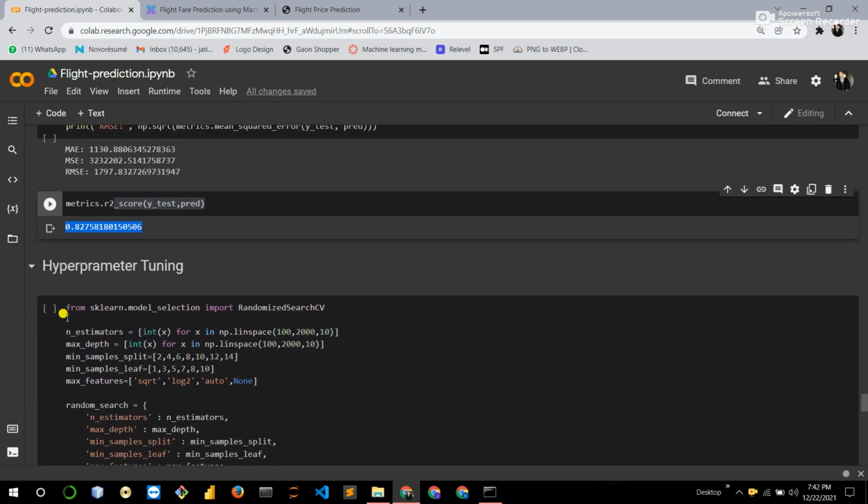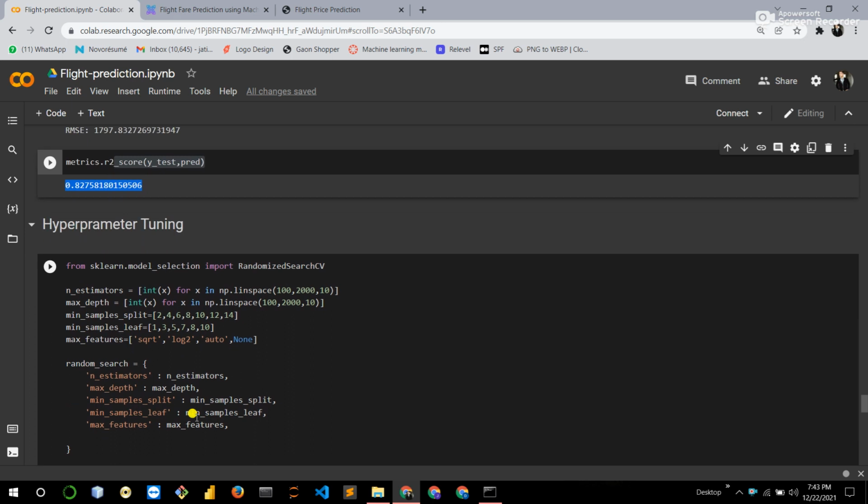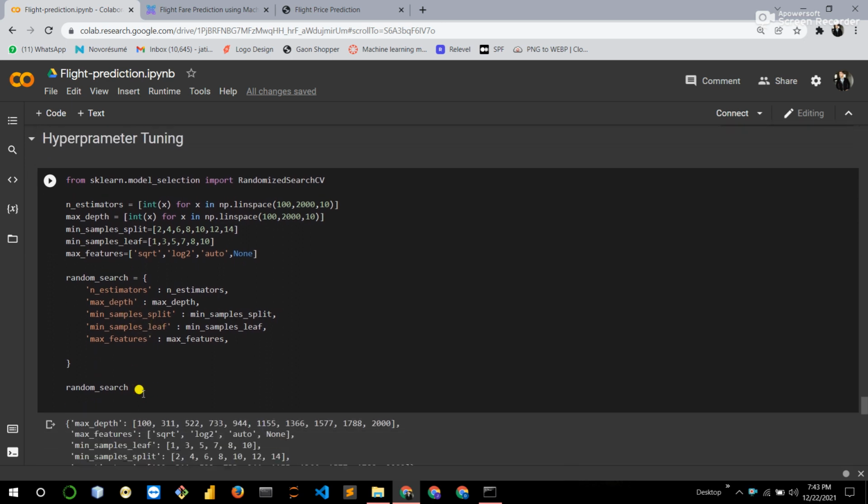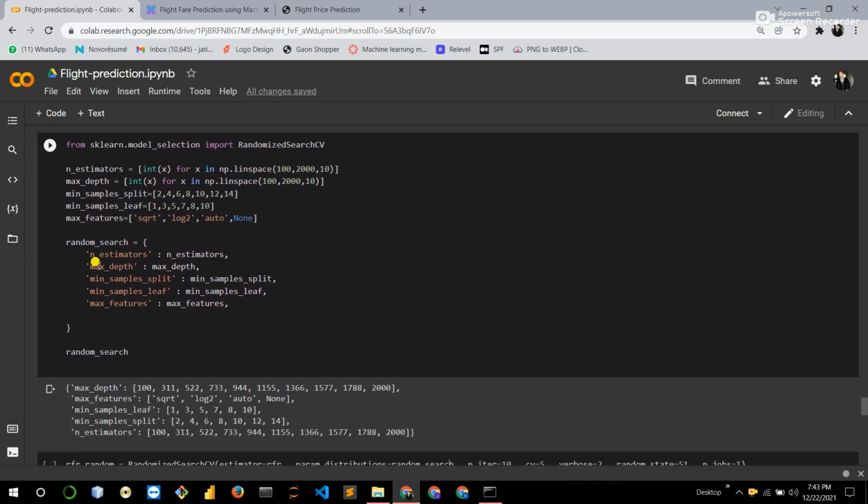Now we perform the hyperparameter tuning. We select some parameters of the random forest regressor like n_estimators, max depth, min samples split, min samples leaf, and max features. Then create a dictionary of these parameters.